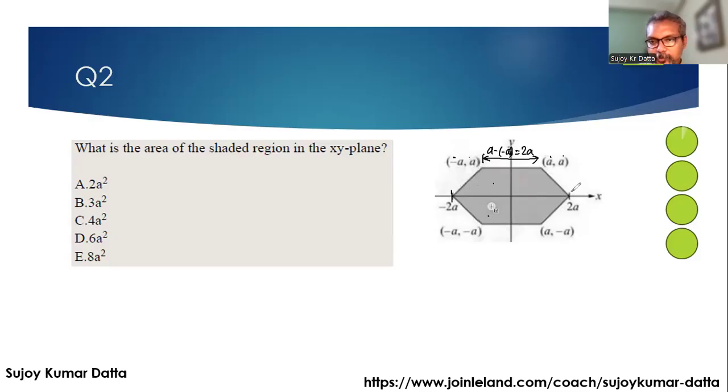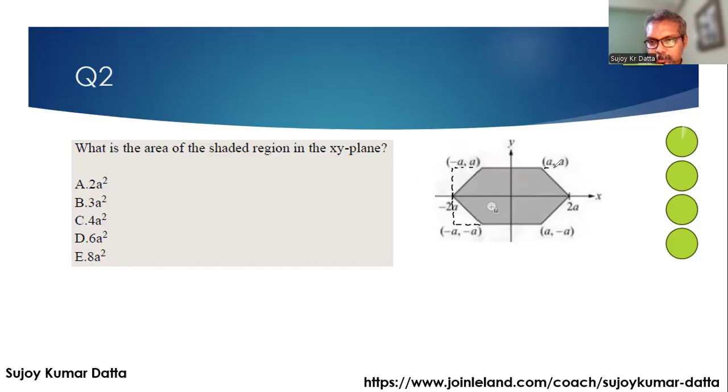And here negative 2a to 2a. So that's 4a. From here, from x-axis to y equal to a here, right? So that means its height is a unit. So the area is the sum of the parallel sides over 2 times the height, and there are two of them. So that's 6a squared, right? In case you're not aware of this formula for the trapezoid, sum of parallel sides over 2 times height,